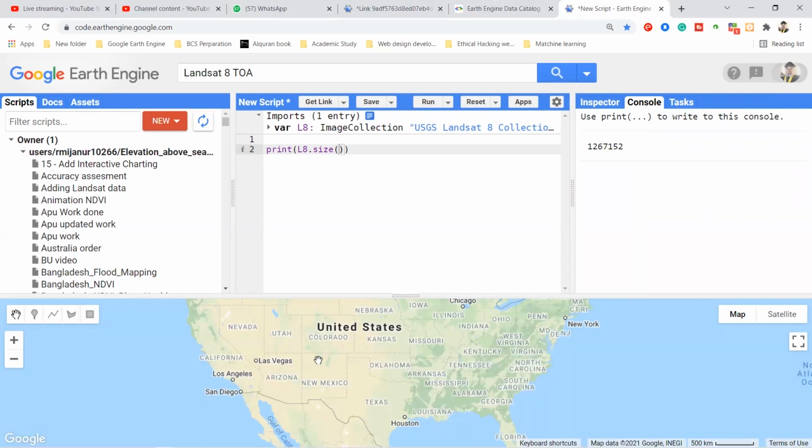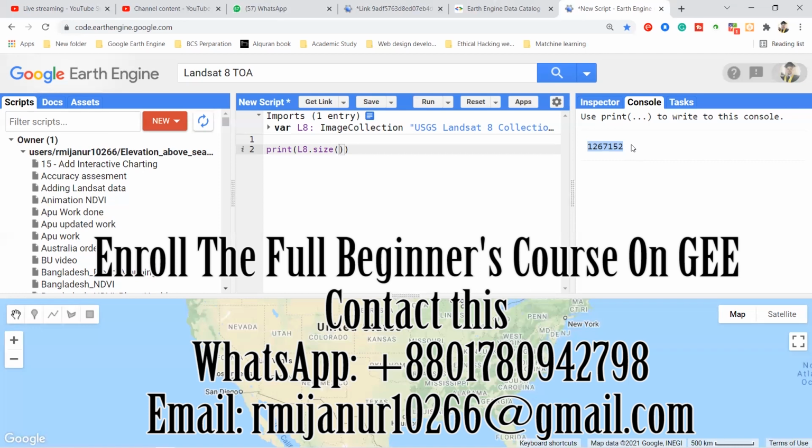This is a very large collection. Now you have to filter it somehow. This collection is the whole world collection. I don't need the whole world. I only need Dhaka city. So I want to filter it only for